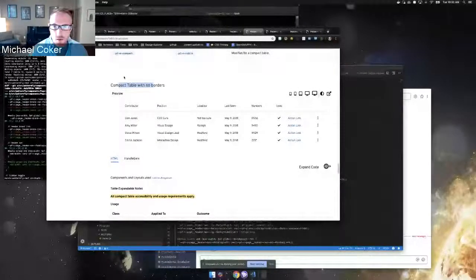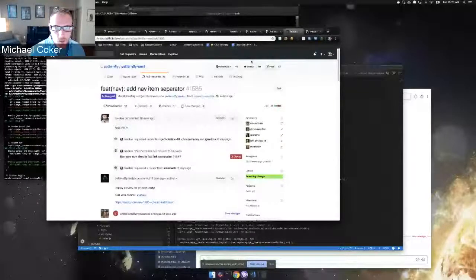And then the last issue was in the nav component: the way that you define the separator between nav items. Previously, it was a class that was attached to a nav link, and there was not enough space above and below the divider. So in order to not have to attach a divider to a link and instead just be able to put a divider inside of the nav at the list item level,